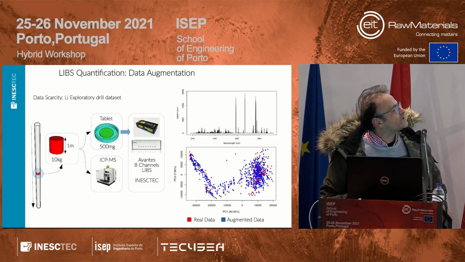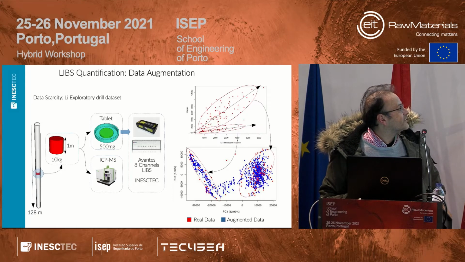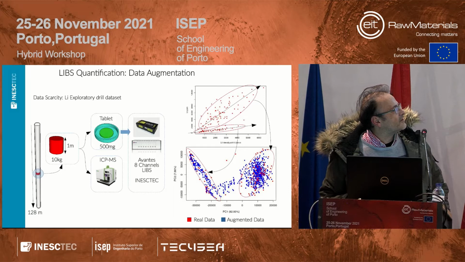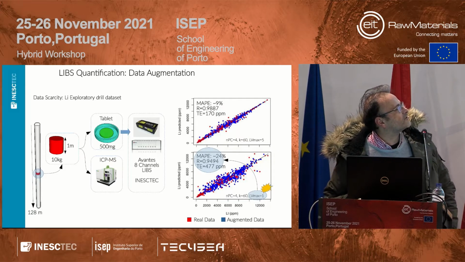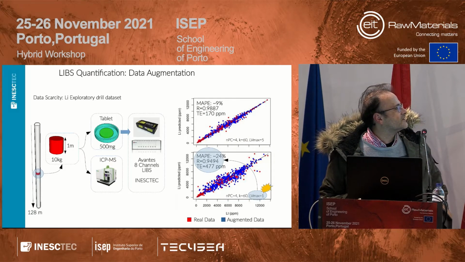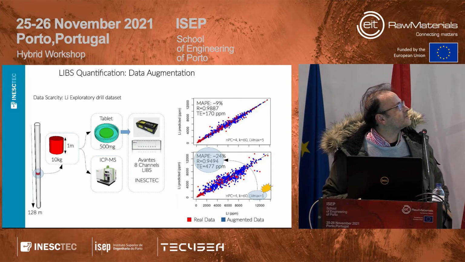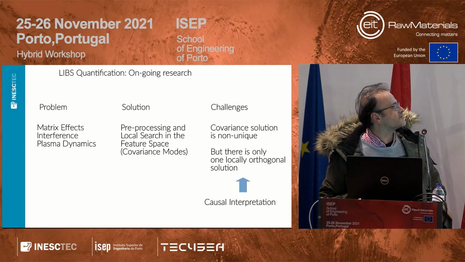Well, if we do this with our laboratory LIBS, then you can see that the augmented data is much more than the real data, and that this data already has some direct correspondence in the two clusters to the lithium line. Of course, lithium lines have high dispersion. But then when we use local models, we have these quantifications. And this begins to be quite good, with very good limits of detection and error percentages.